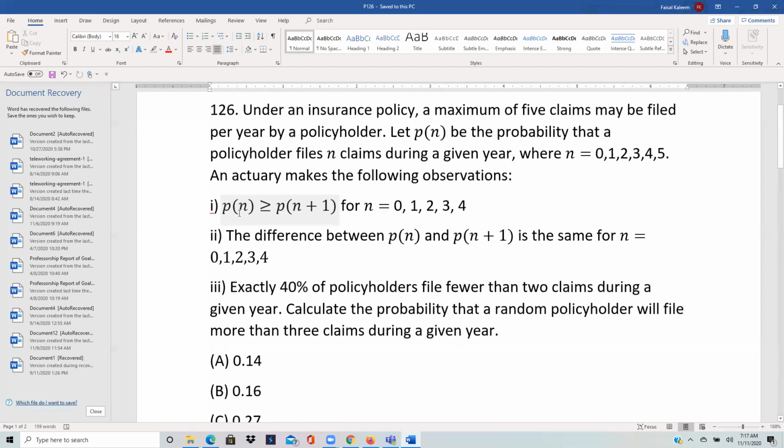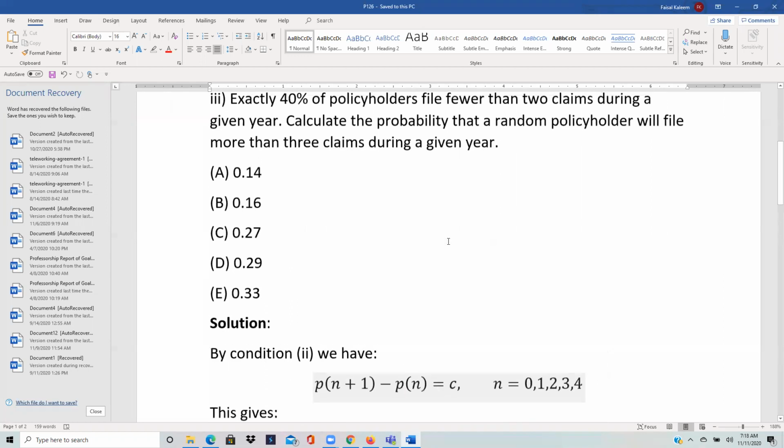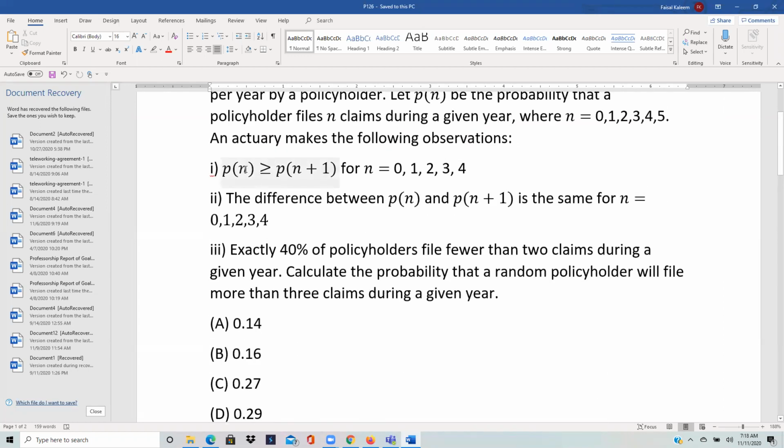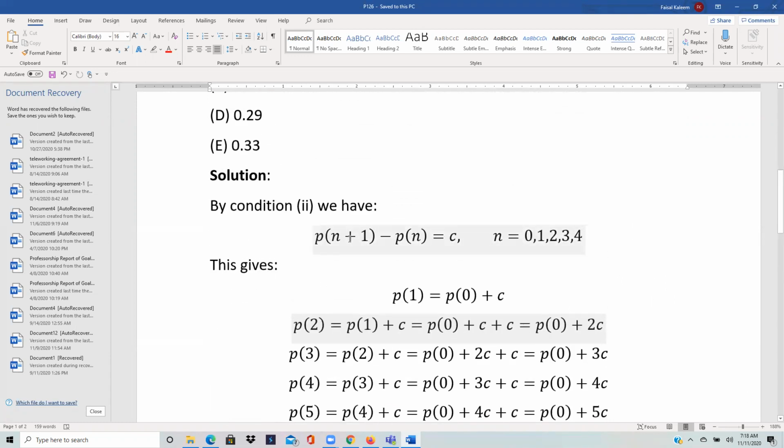Even if this first condition was not given, you could use the second condition and write the difference in any order, and C will come out accordingly. Since condition 1 says that Pn is bigger, if you do Pn plus 1 first, then C will come out to be negative. So the second condition gives Pn plus 1 minus Pn